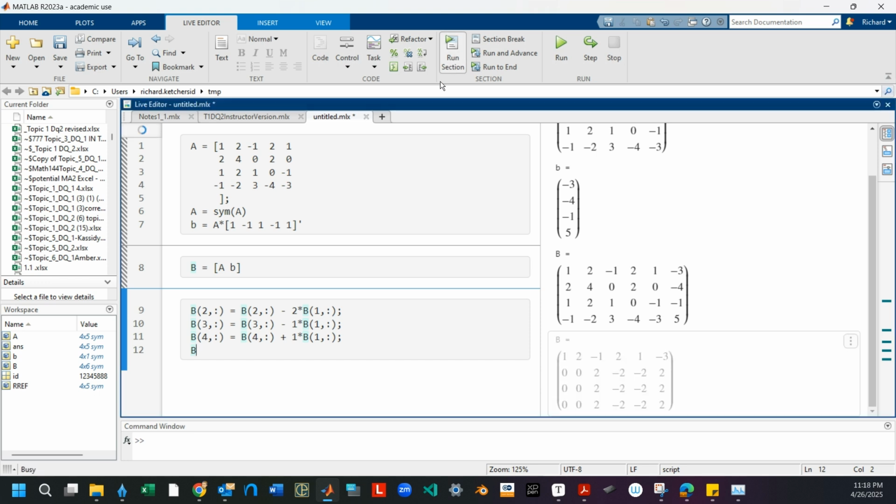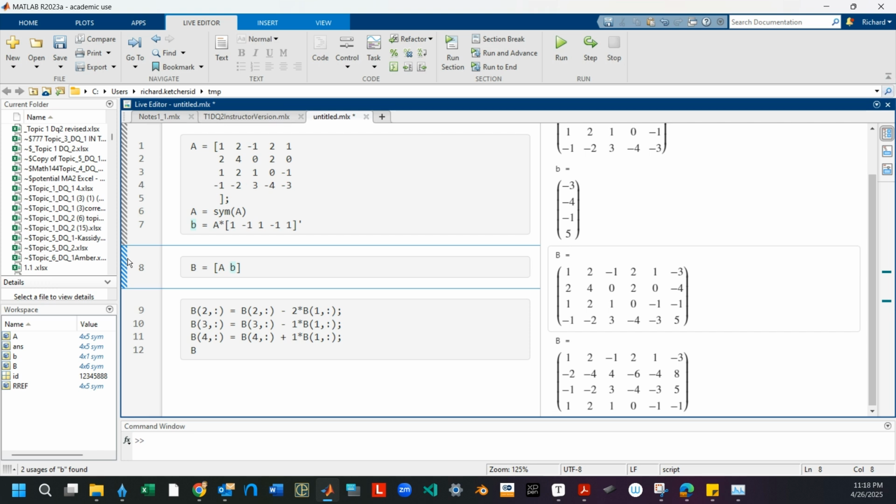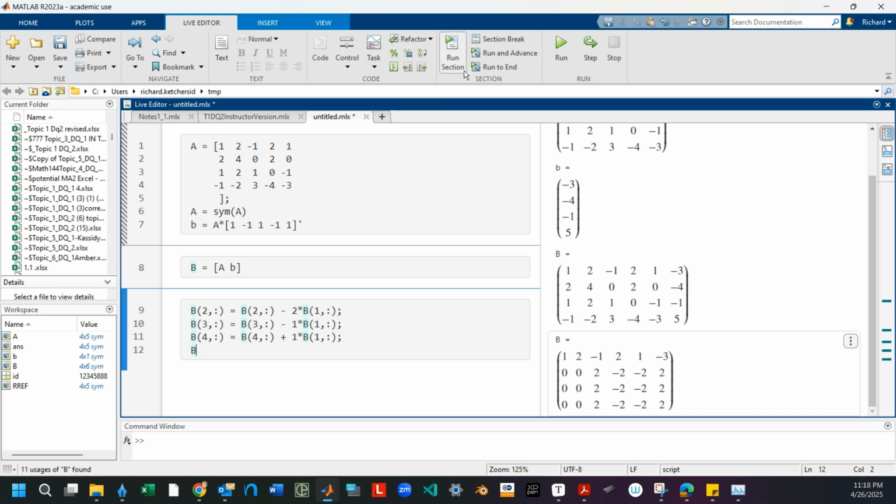So let's get another section break in. Oops, I did not mean to do that. Okay, let's just rerun this. Run that, run that. Okay, what I meant to do was a section break. Now I want to do the next bit, which is to just kill off these rows using that one. I'll just type it again. So it'll be B3 equals the new one is going to be equal to the old one